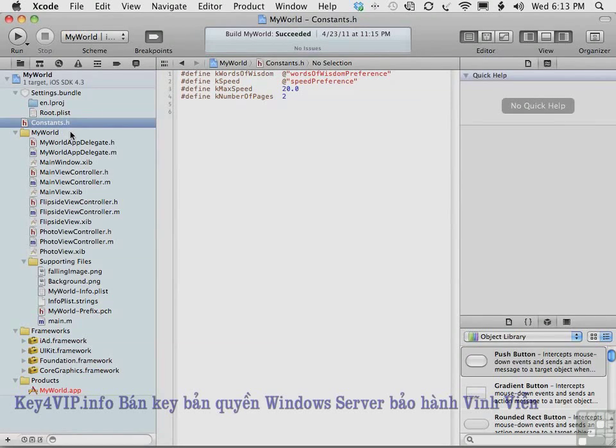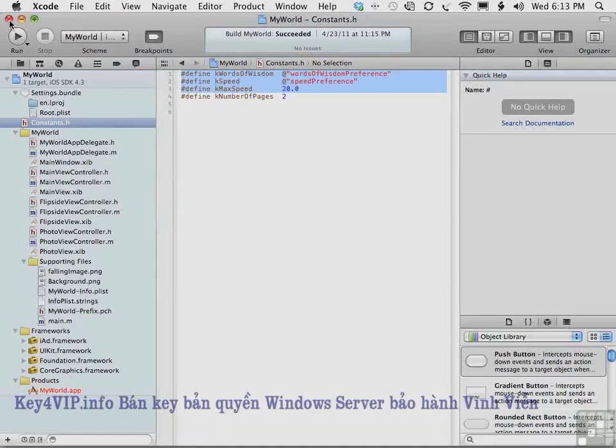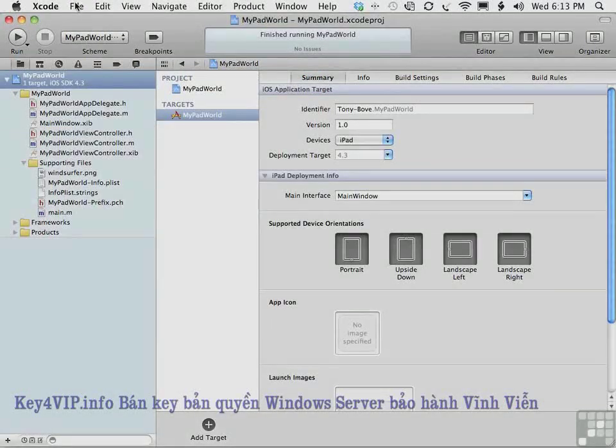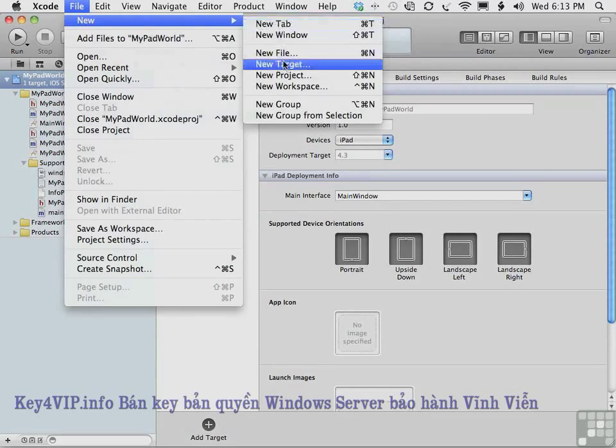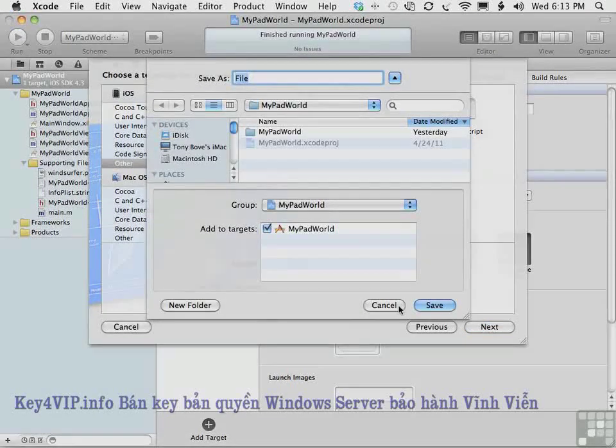So we can choose that, and we can simply copy the 3 keys that we want. We're not going to use number of pages, which is used in the iPhone app. And we can simply copy them, close this project, and now when we do our File, New File, as we said before, and choose Other and Empty, now that we can do that, we'll be able to just paste right